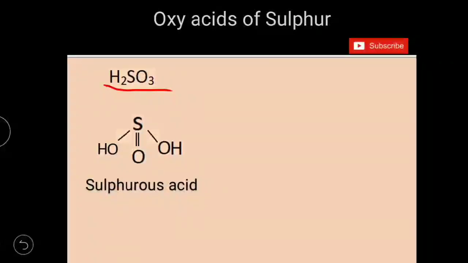But number of valence electrons in sulfur atom is equal to 6 because it is a 16th group element, sulfur. Its outermost configuration is ns2np4. So we should have 6 valence electrons. Out of 6 electrons, you got 4 bonds here, so remaining 2 electrons will be present as a lone pair. So there will be one lone pair on sulfur. This is about H2SO3.